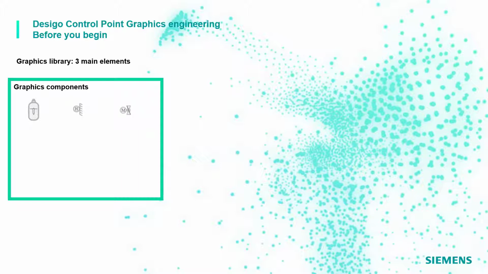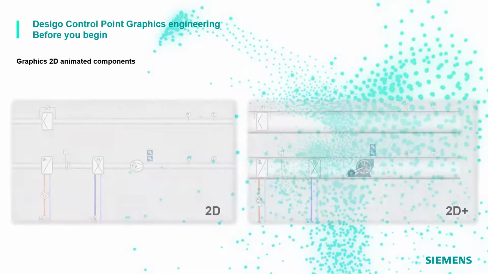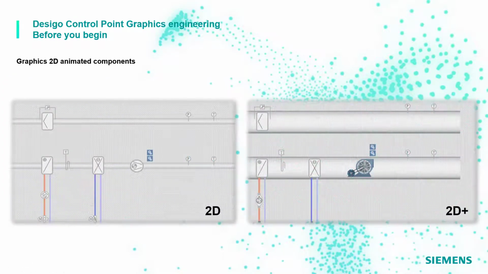It can be animated and in different styles, like in 2D, 2D+, or even 3D. To be added into the graphic, it is enough to browse it from the component list and drag and drop it into the canvas, then it needs to be bound to the related data point. Or, directly from the equipment list, drag and drop the data point, and it will be added into the canvas, bound already. Here, two examples of 2D and 2D+ animated components in a predefined graphic.